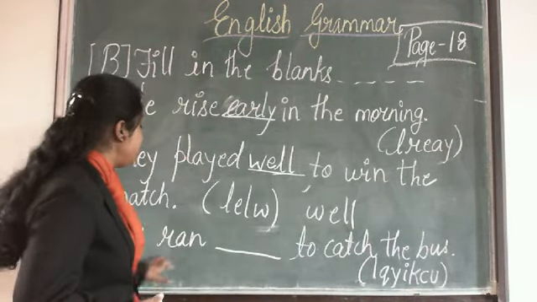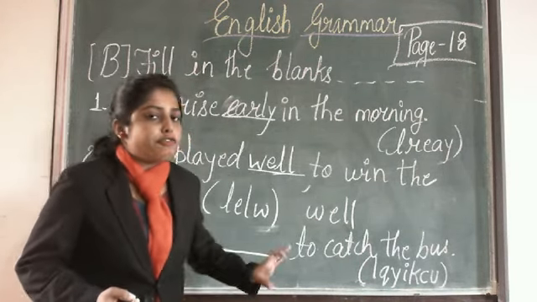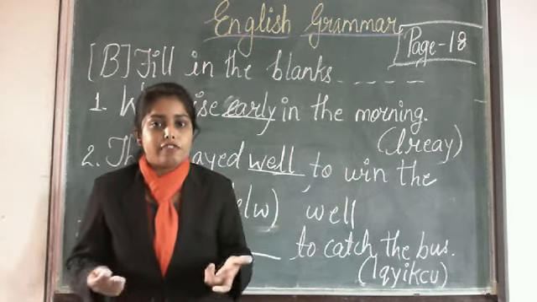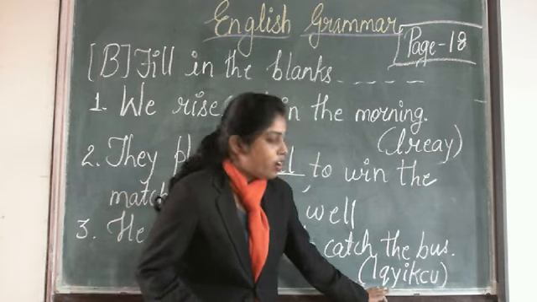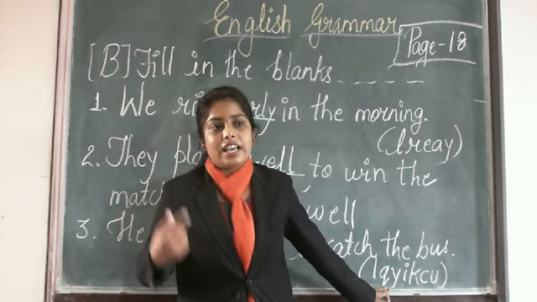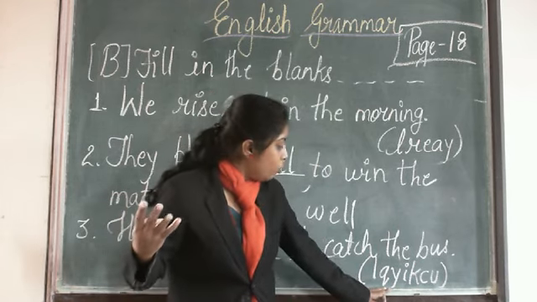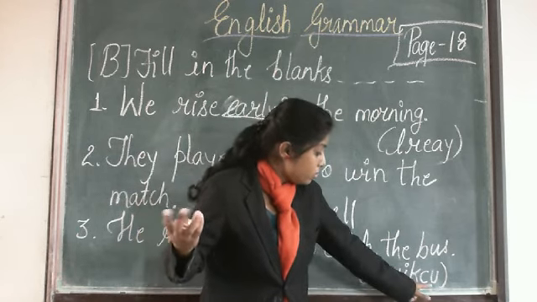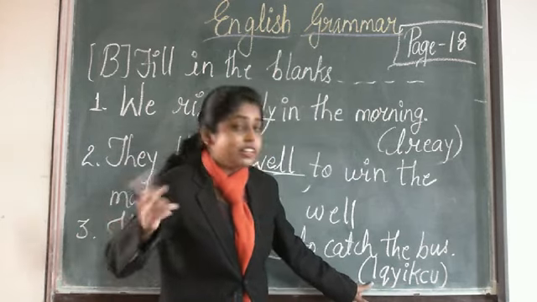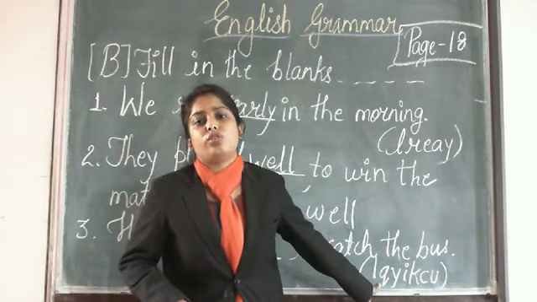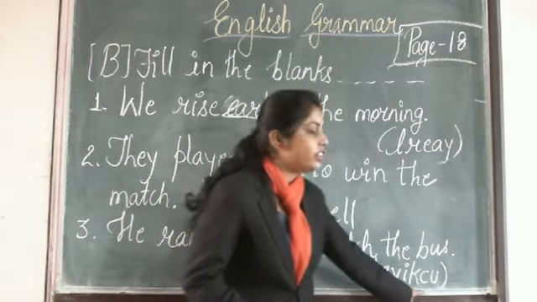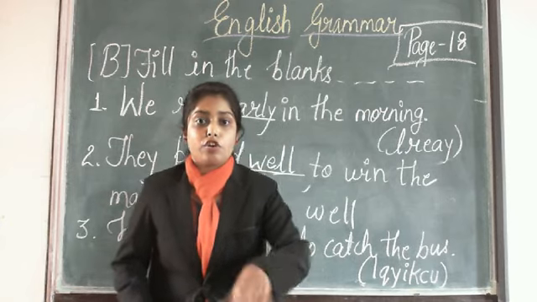So he ran. Now fast. Can we make fast with these set of letters? Fast, what is the spelling? F-A-S-T. Do we have F here? We are not having F here. Neither do we have A here. S is also not there and T is also not there. So in these set of letters, we cannot make the spelling of fast.